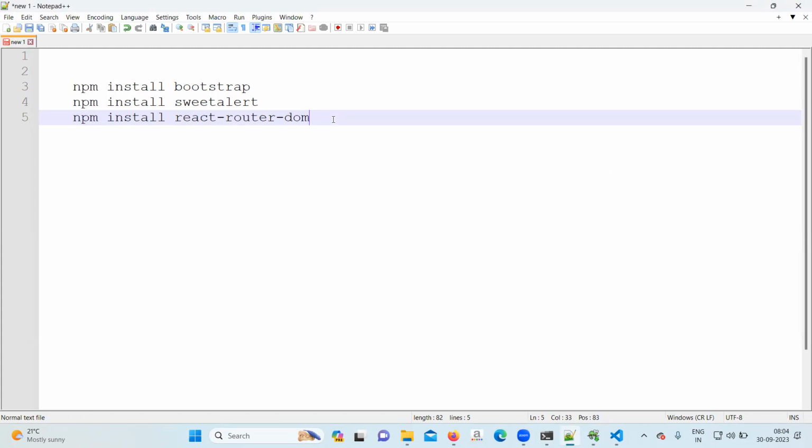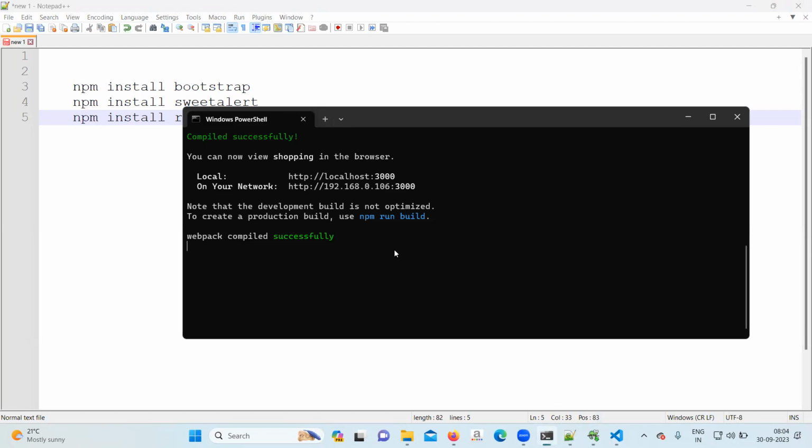Sir, now it is showing like this, already running on port. What to do, sir? How many CMD are running in your system? 2 CMD, sir. Shut down the system, start again, and do npm start again. Okay, I need to restart the system. Again, I need to install this Bootstrap, Sweet Alert, everything, sir? Why install it? Installation is already done. Restart the computer, go again to the project folder, open CMD and do npm start. Okay, sir.